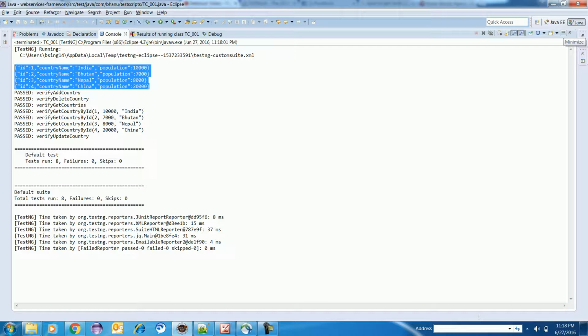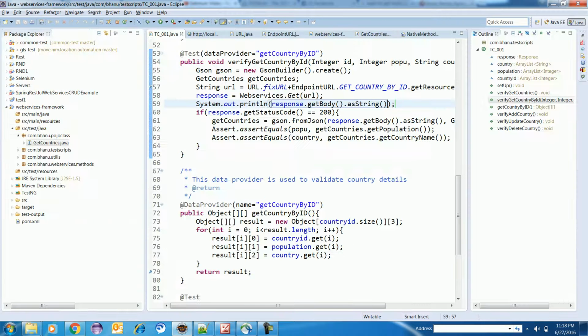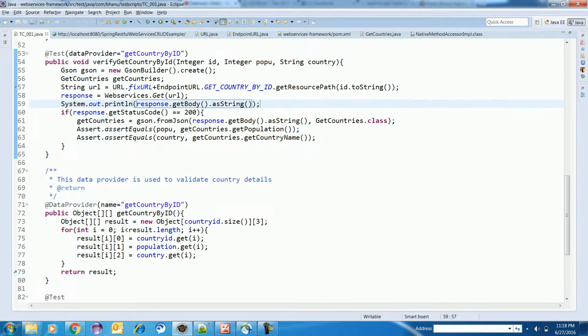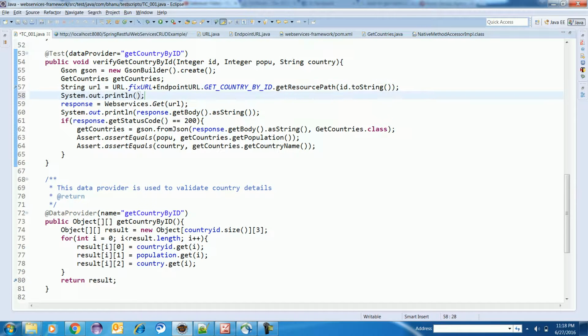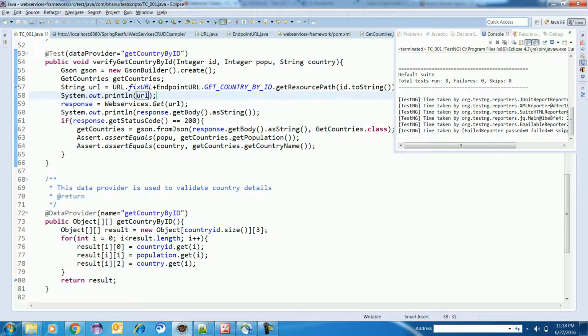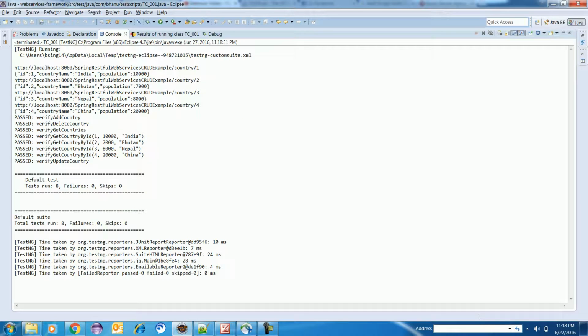For every ID, when we are making a get call here by the ID, the response is coming. So I will print the URL also with syso. Now you can see clearly for every URL, I am fetching the URL based on /id1. When I am doing /id1, all the information for id1 is fetched from the DB. For id2 all the information is fetched from the DB. For id3 all the information is fetched from the DB. For id4 all the information is fetched from the DB.